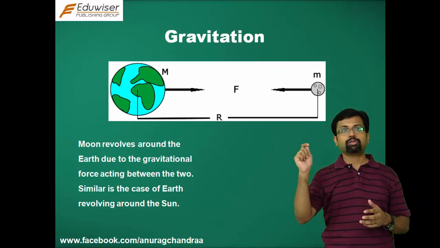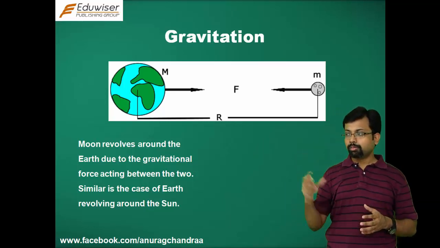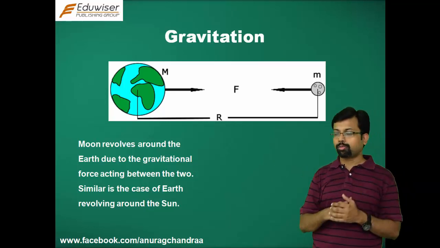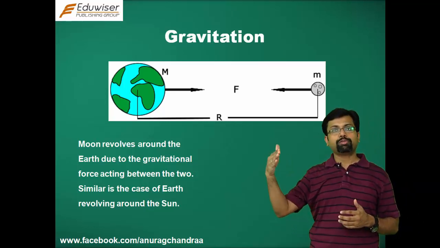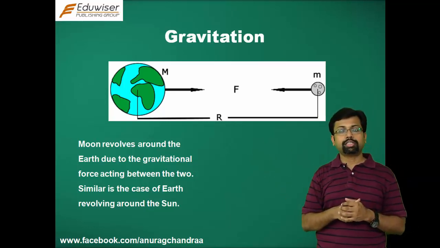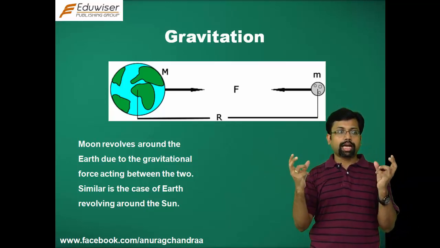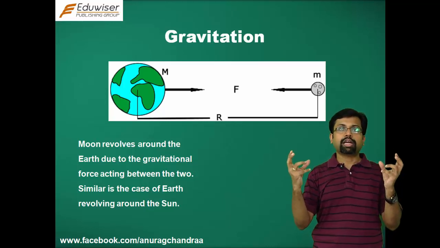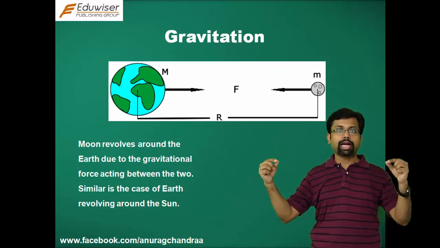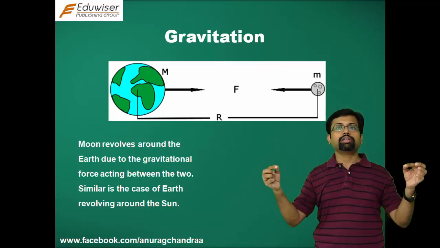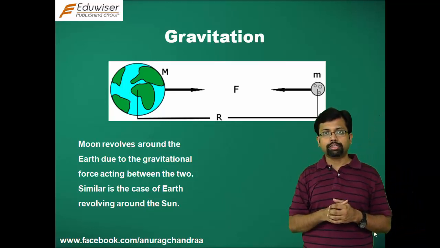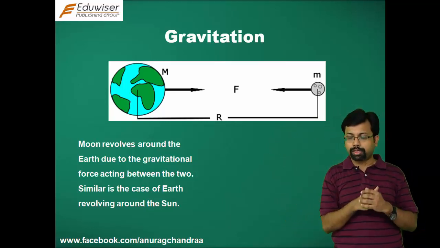So similar to that stone whirling experiment, the moon moves around the earth in an approximately circular path, with its velocity always being along the direction of a tangent and the force acting towards the center. So this particular force that acts between two objects is the gravitational force. So the gravitational force acting between earth and moon would act along the line joining their centers, and the direction of motion of the moon would be along the direction of the tangent at any point of its path.